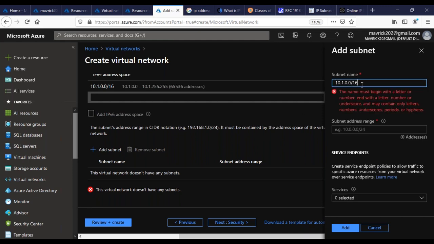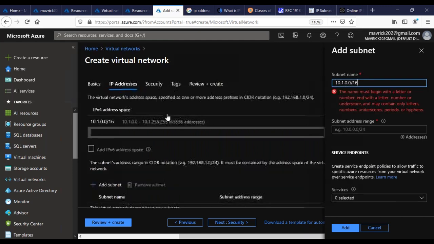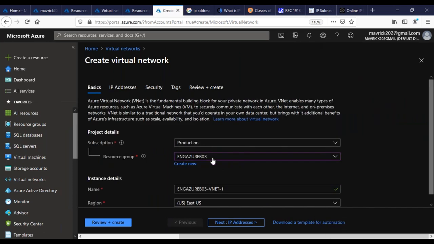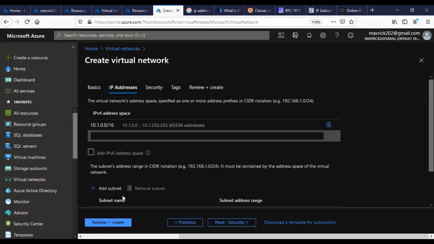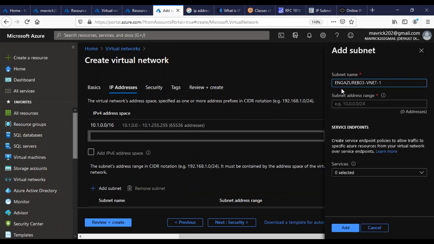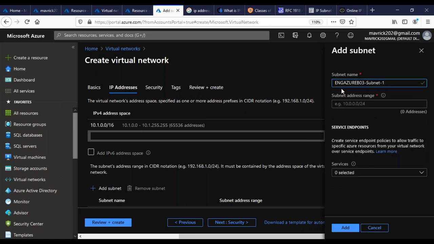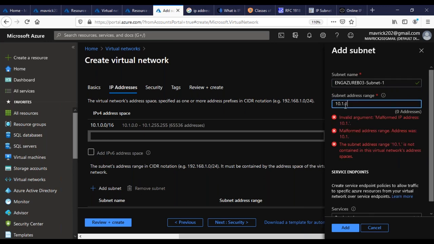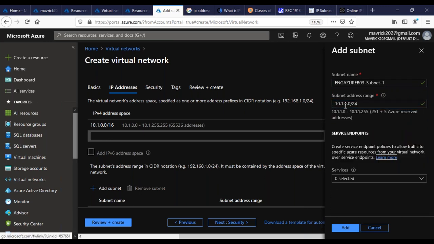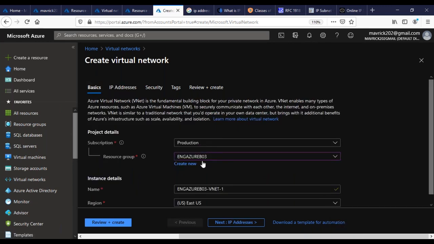I'm going to give the subnet name, right? What is the network name which we gave? I go to the basics, copy this. So not this one, copy this IP addresses. I'm going to say add a subnet. I'm going to say subnet 1. Now in this, I'm going to give 10.1. You can start with 0, but I start with 1.0/24. So what you need to understand is your virtual network address space is 10.1. Okay, and you have selected East US also, by the way. If I go to basics, see, it is selected East US.